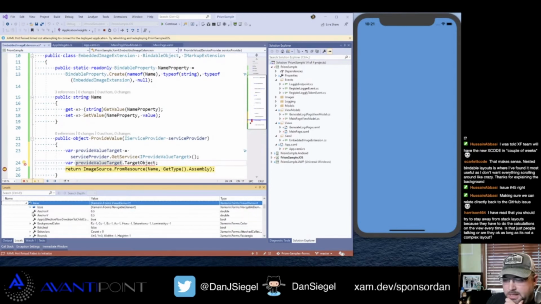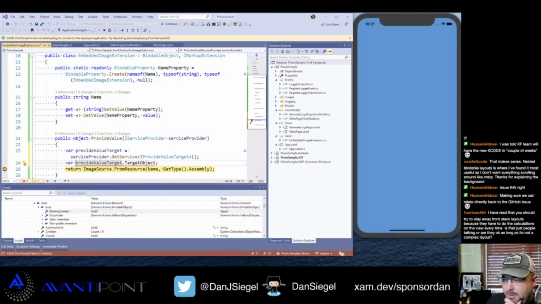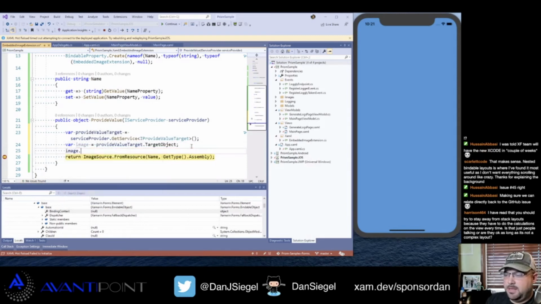We got to drill all the way down to bindable object. The binding context is null. Okay. Then we're going to say that the image